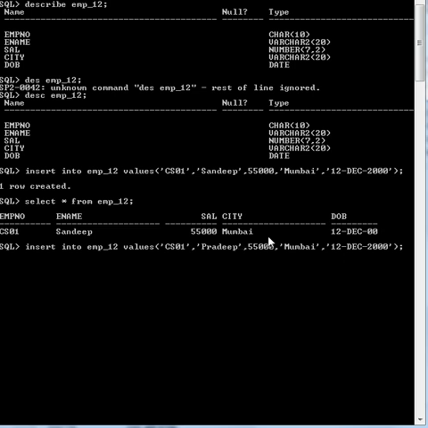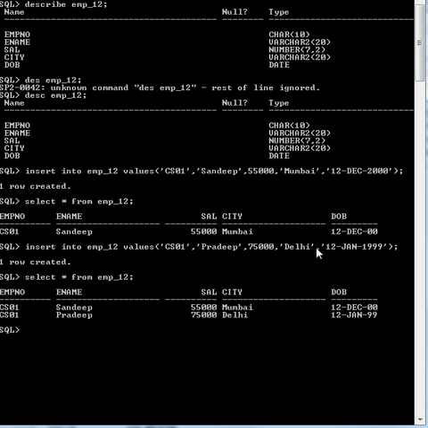Salary should be 75,000 and city should be Delhi, okay, 12 Jan 1999, okay. Press enter. Now another row has been created. To see the values, select star from emp_12. Here we have inserted two values. Both emp numbers are CS01 and CS02.